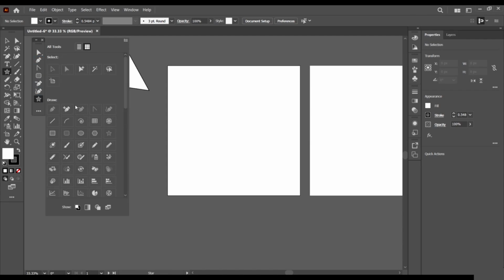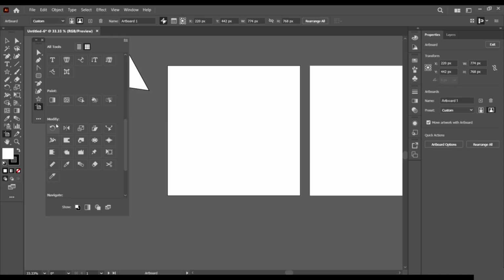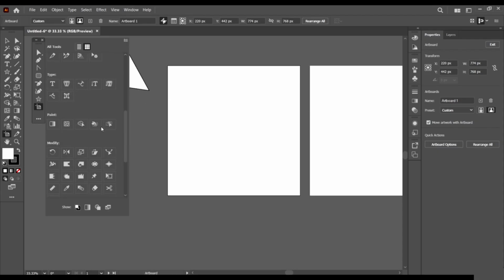Okay, and then of course we have them in categories. We have the selection tools, the draw tools, the type tools, the paint tools, the modify tools, and the navigate tools. The navigate tools will help you navigate around your workspace, and the type tool will help you in creating type.